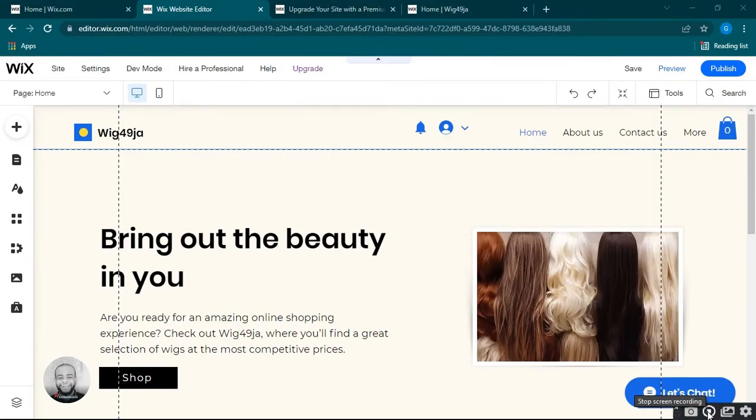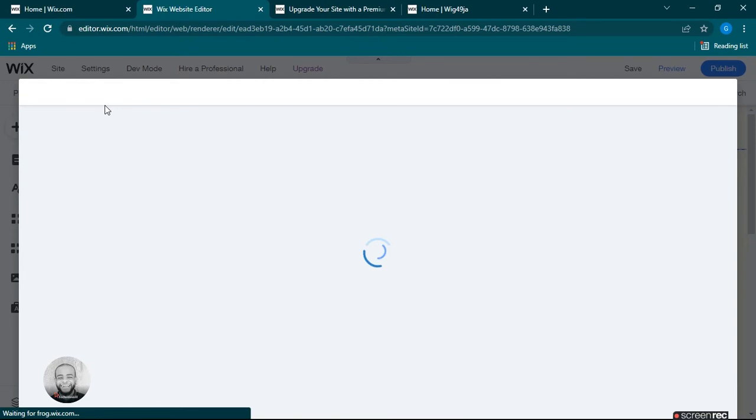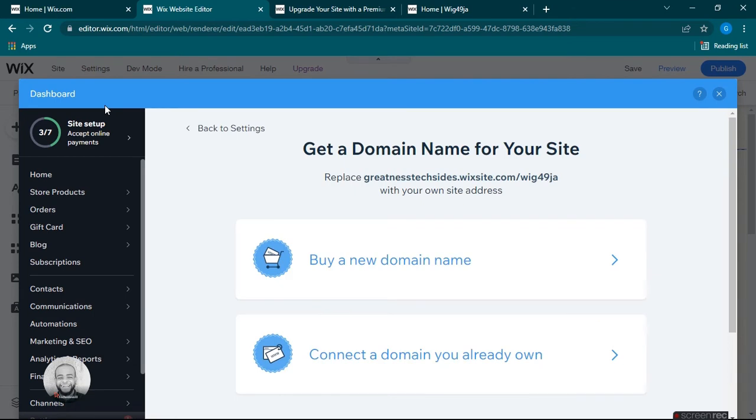Okay, so right here on your Wix website editor, you click on the settings at the top left corner of your screen, and then you click on connect domains. Next, you click buy a domain name.